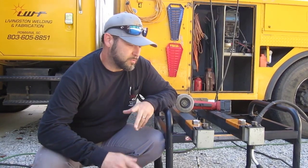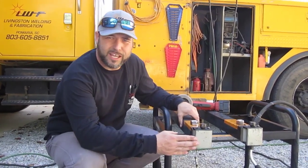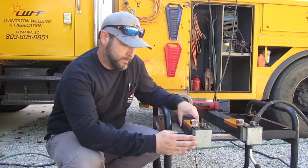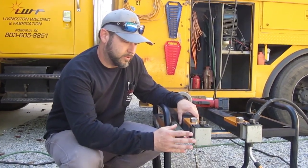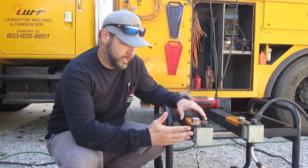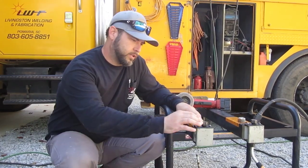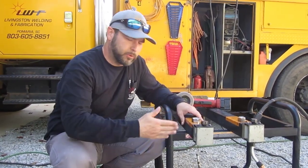Today we're working on a little small project. Basically what we got here is some jacks that came off of a cattle catch, and these jacks allow you to raise it and lower it and put the wheels on it so you can transport the cattle catch down the road. They used to have handles on them, but they're pretty heavy duty jacks and